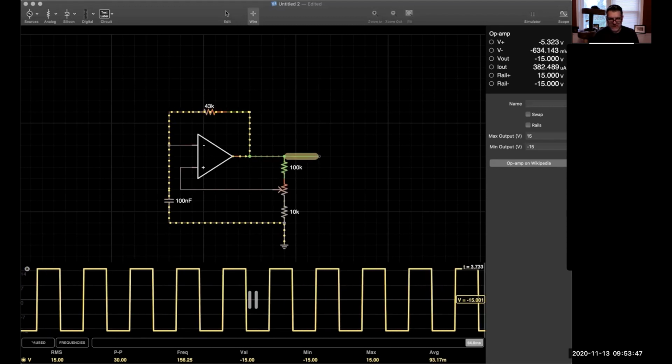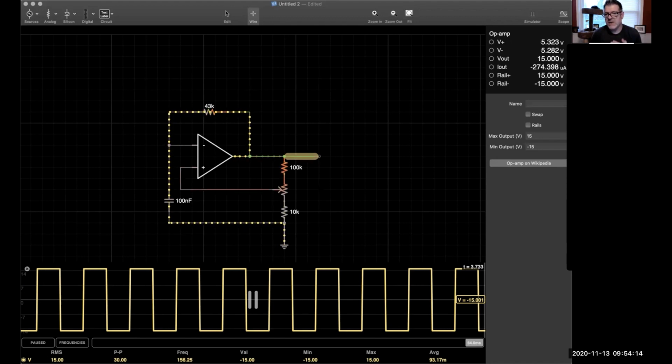That's beautiful. Look at the RMS of the thing. It is 15 volts. The peak to peak is 30 volts. So this thing is doing the full swing of the op amp. My op amp goes between plus 15 and minus 15, and so I get a full peak to peak of 30 volts out of this thing. This is smashing. The frequency of the thing is